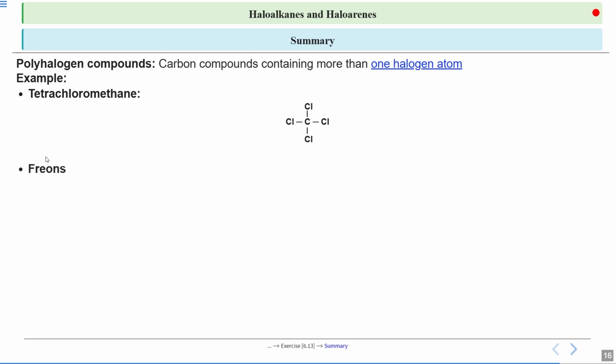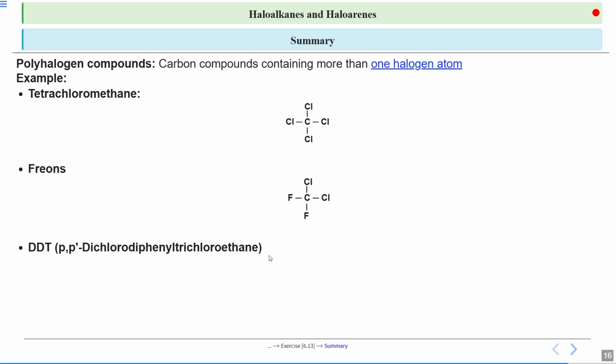Then we also looked at polyhalogen compounds like freons. Freon is CCl2F2. It is a chlorofluorocarbon, and it is used as a refrigerant in cooling systems like refrigeration and air conditioning. Then we talked about another polyhalogen compound, which is DDT,